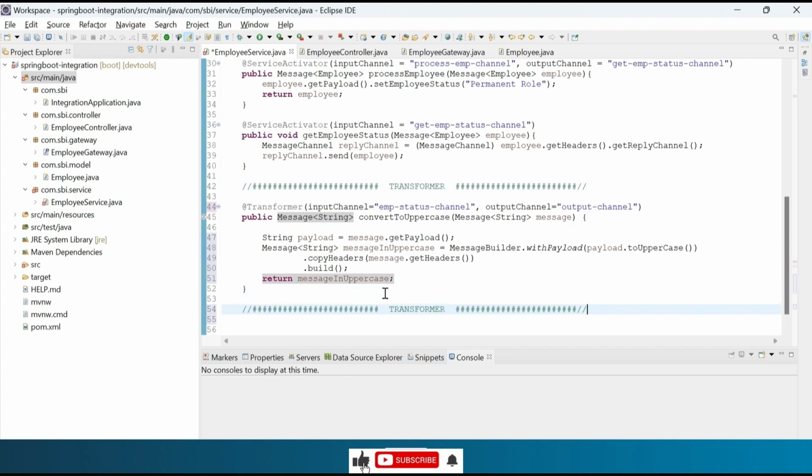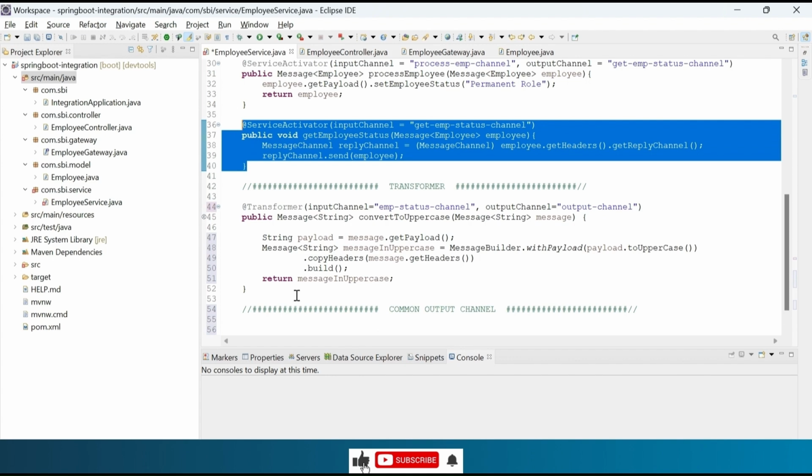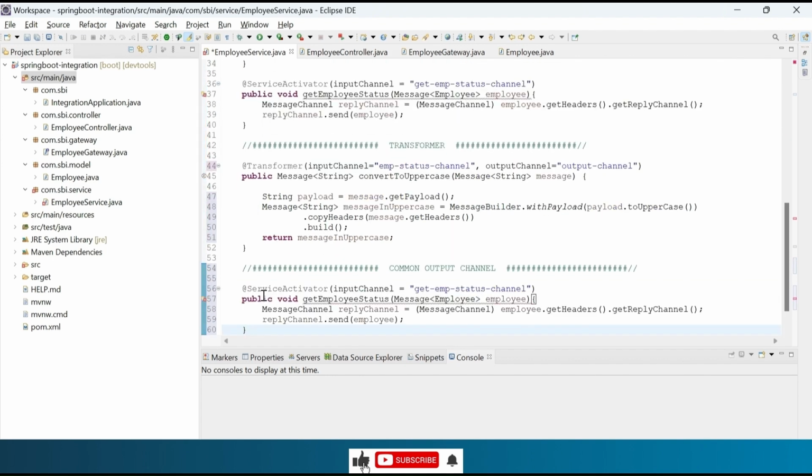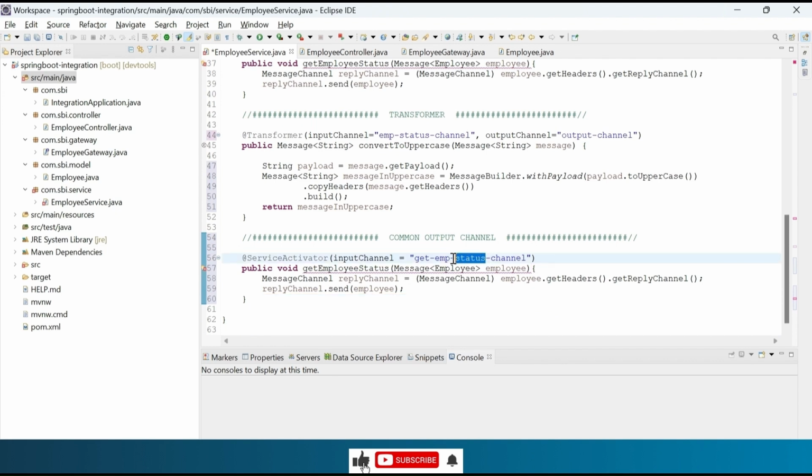Now let's have the common output channel. Copy getEmployeeStatus, update the channel to outputChannel, the method to consume the string message, and the parameter to Message of String as message.